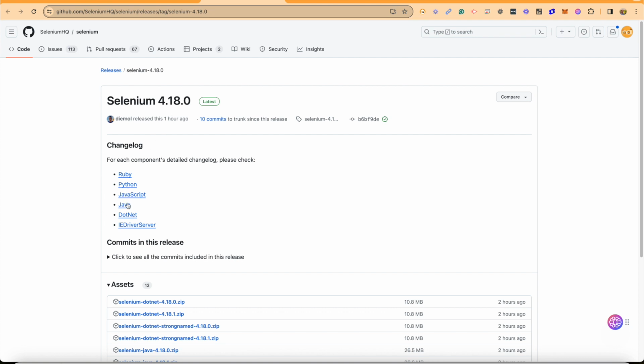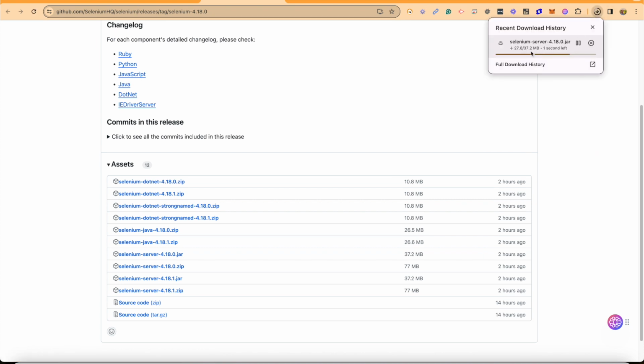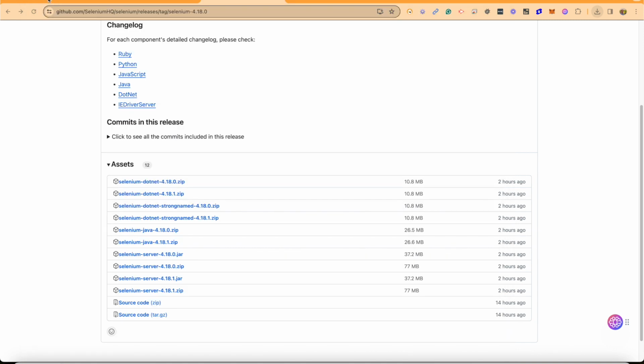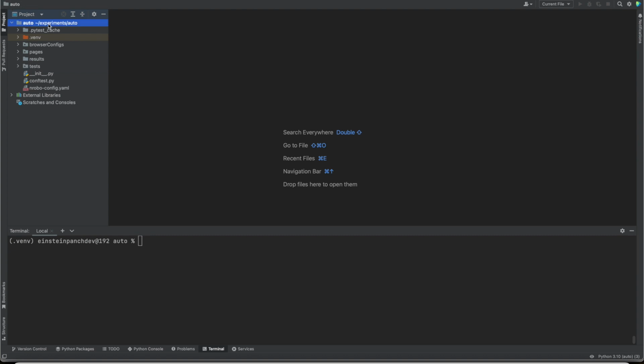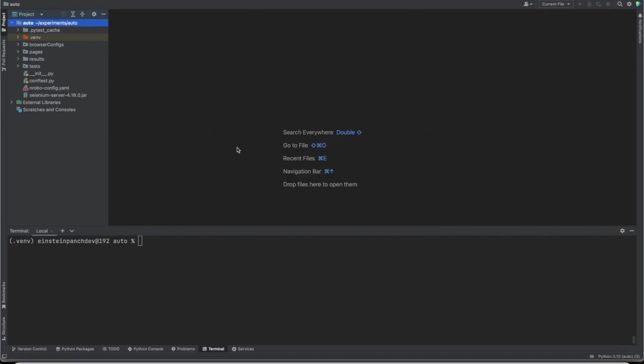Yeah, here is the jar file. So let's download the jar file. Let's download it, and it's downloaded now. Go to the download folder, copy, and go to the project directory and paste it over here. This is just for illustration purposes. By the way, this should be in the system path